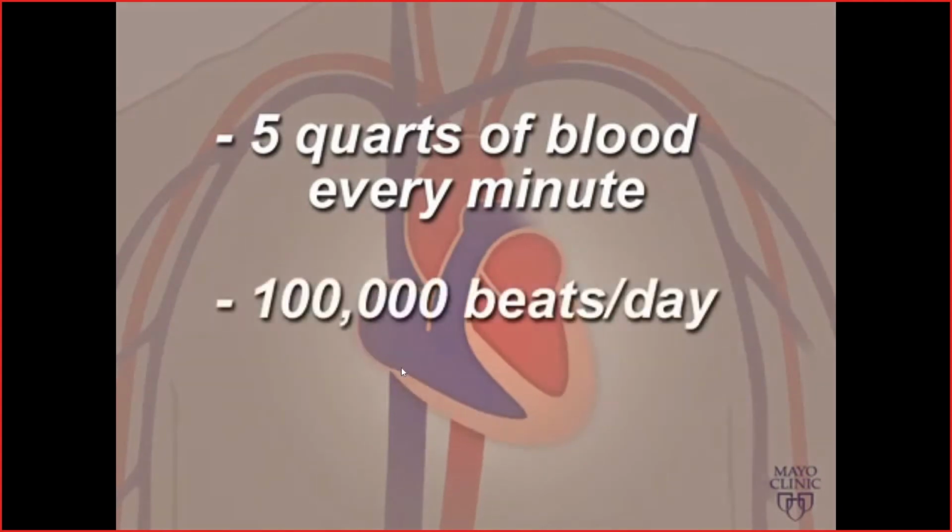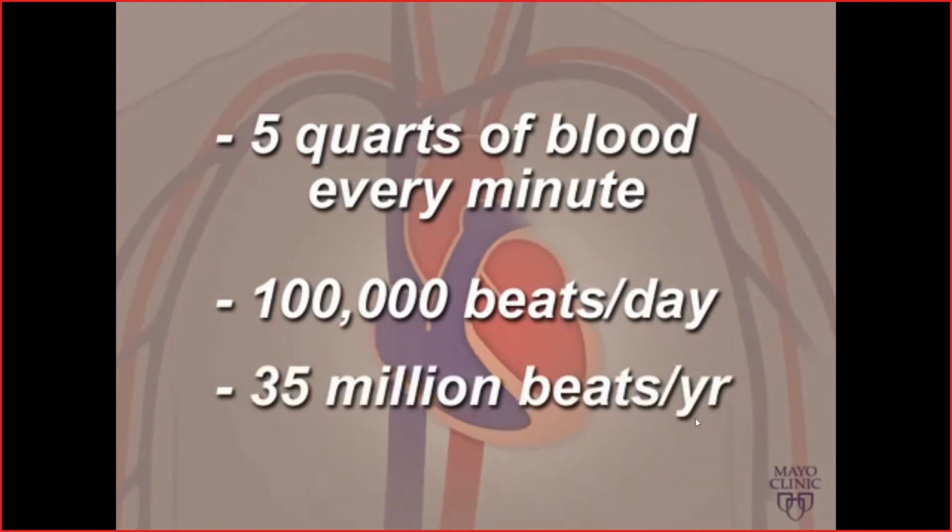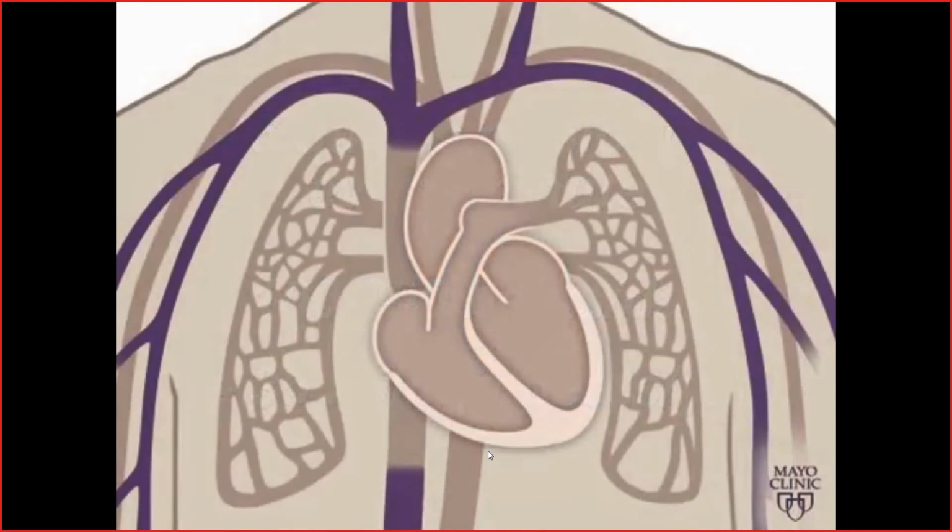Here is some information: our heart beats about 100,000 beats per day. So for each year our heart can beat 35 million beats. Pay attention now, because this is our lesson today, which is called blood circulation, how the blood moves around our body. First of all, here you can see that these blue vessels carry